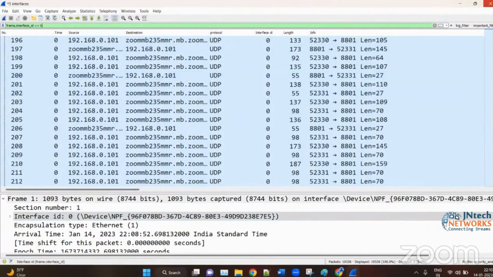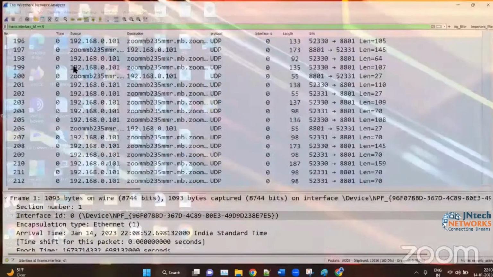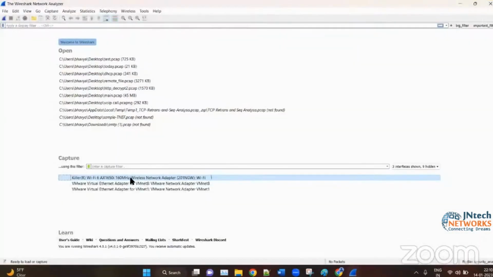Okay, so this is how you can capture on multiple interfaces. Let me show you again. Once again, here click on this Wi-Fi, press the Shift key, and click on the number of interfaces you want to capture on. Click on Start. If you want to capture on more interfaces, then you can click on Capture Options,